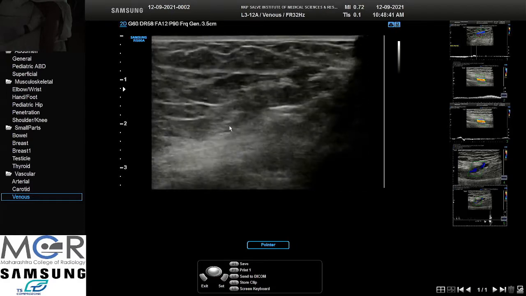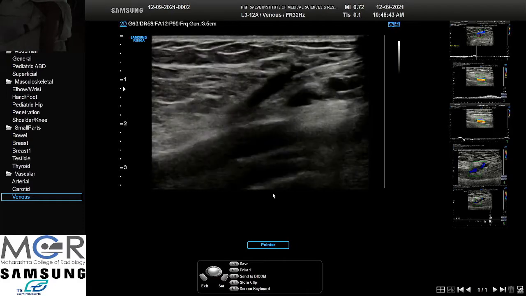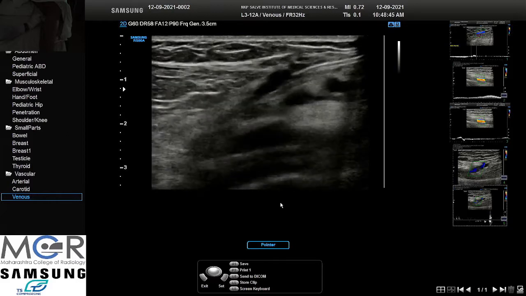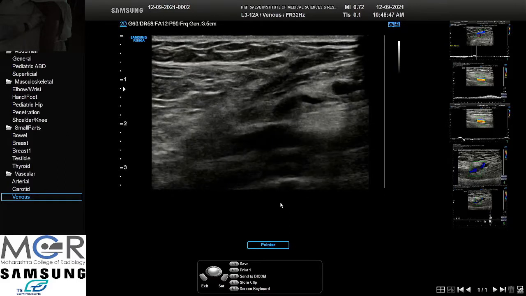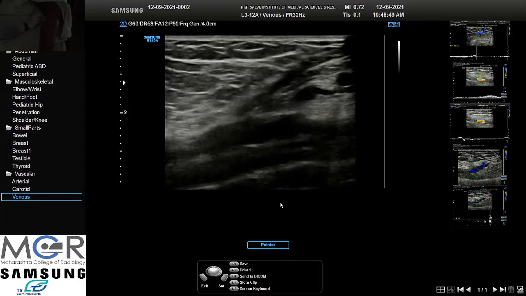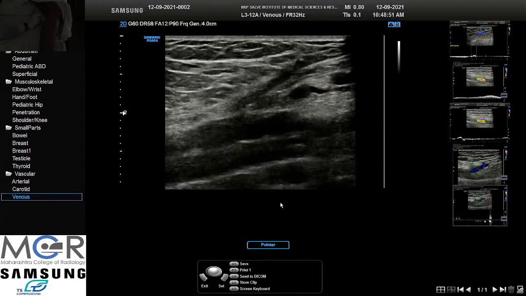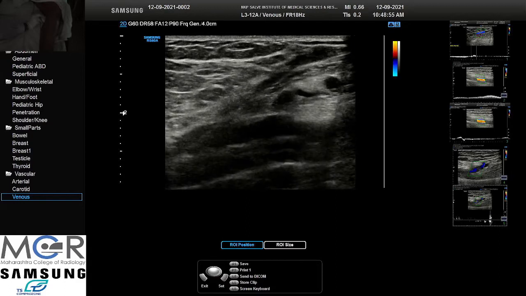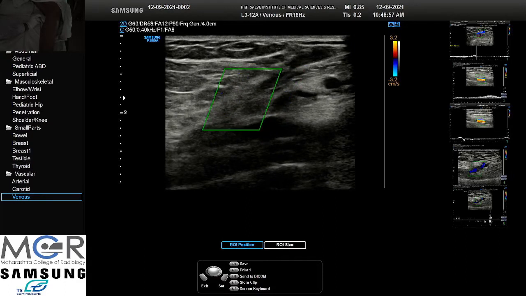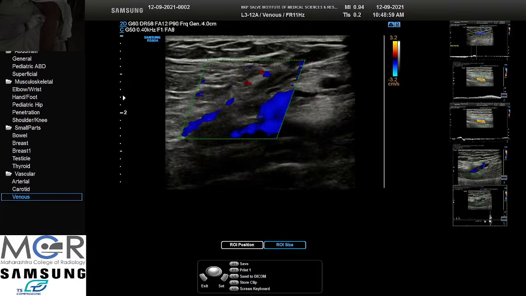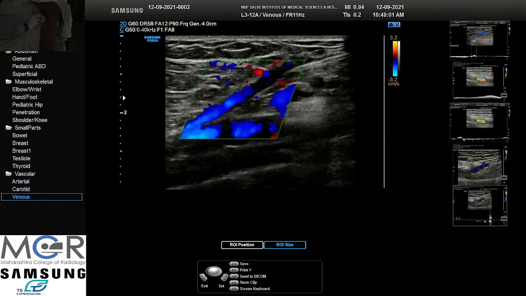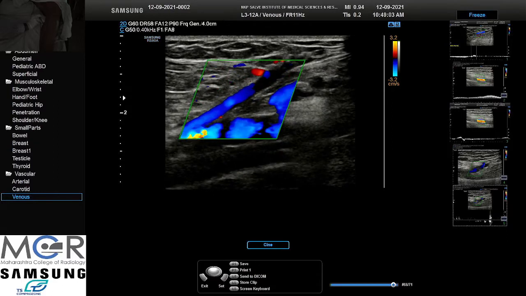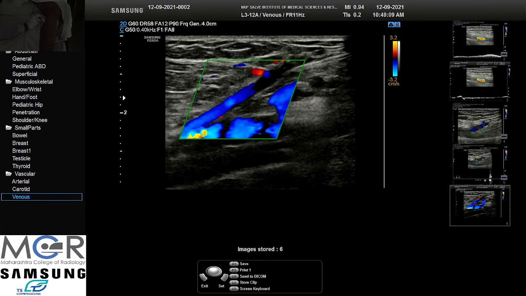It is not accompanied by artery. So that is the junction here. This is the junction, that is popliteal vein, and this is the short saphenous vein.